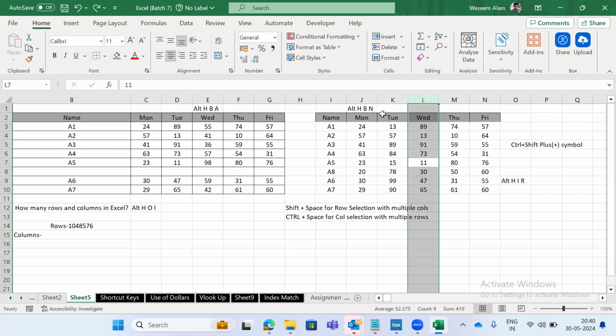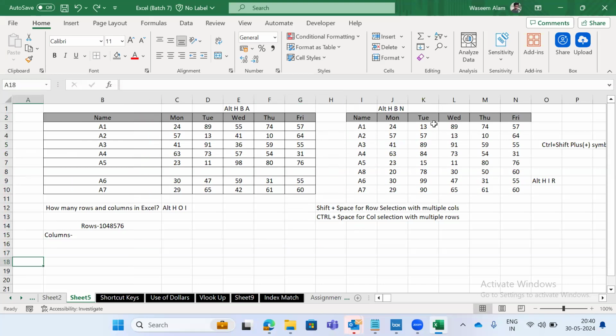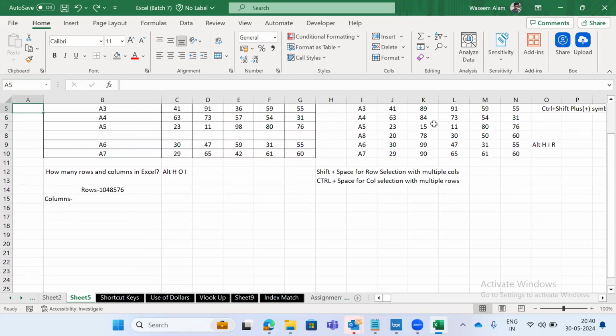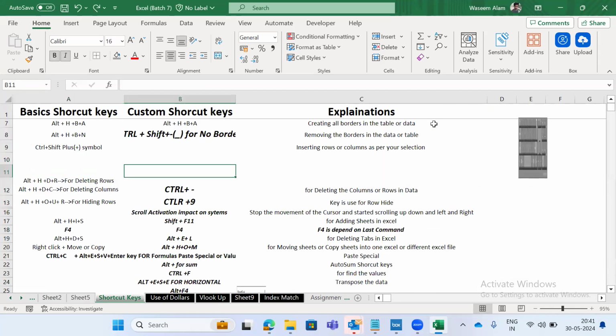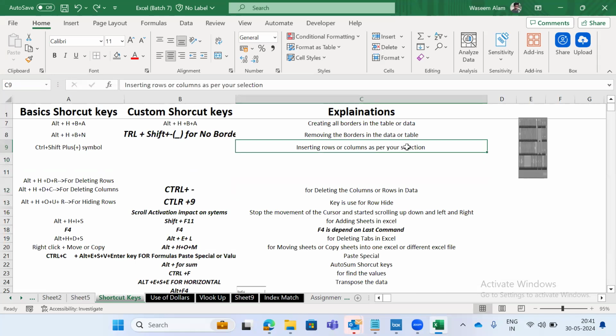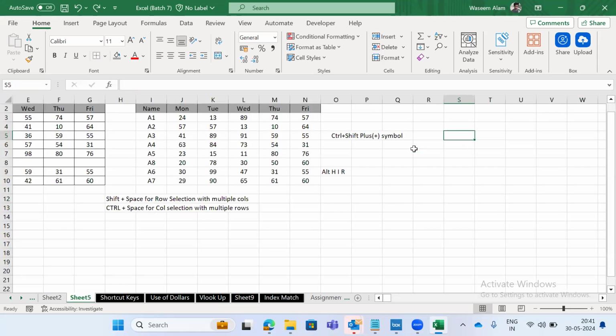Same thing, just press Control Shift plus. You can add, same thing is useful. It depends on your selection, like as I taught you, based on condition. If I select one column with multiple rows, what will happen? One new column will be inserted